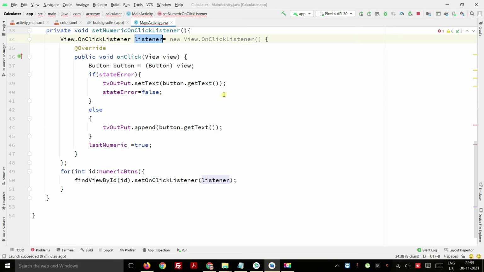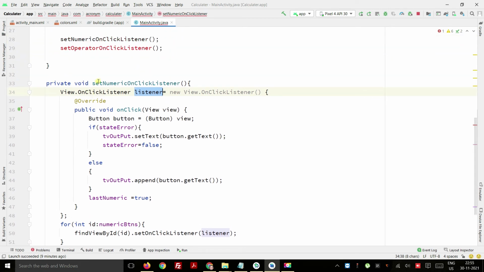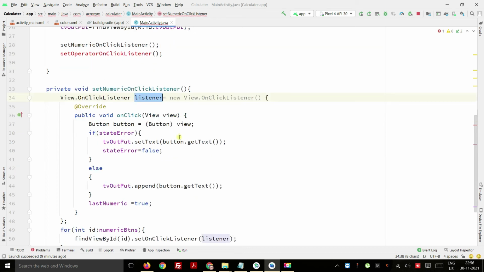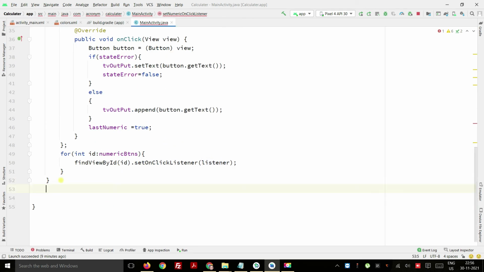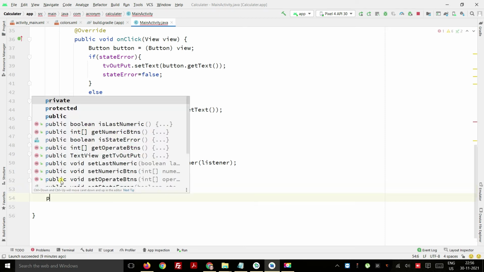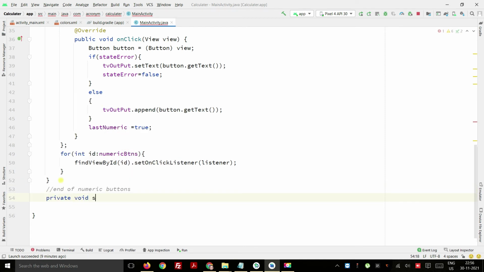Now we are going to check whether something has been pressed for the operator buttons, the same way we have done for the numeric buttons. So coming out from the bracket, at the end of your numeric buttons, we are going to define private void set operator button listener, and then bracket.